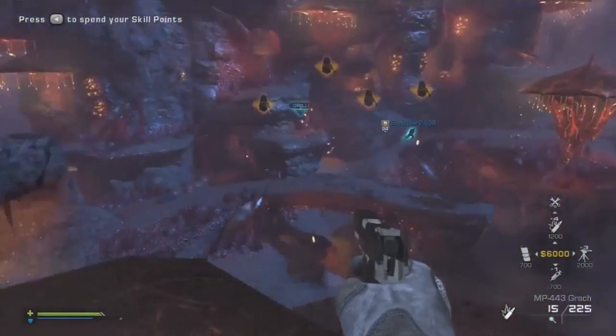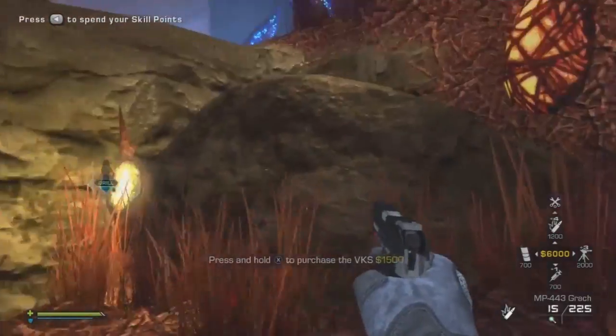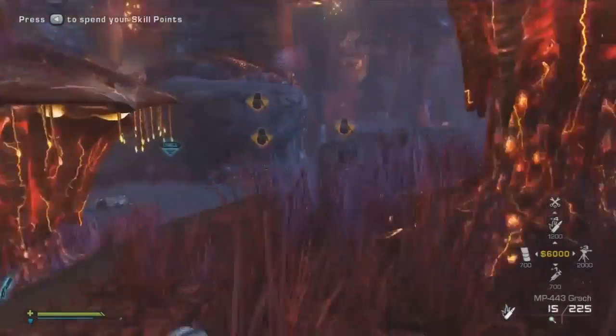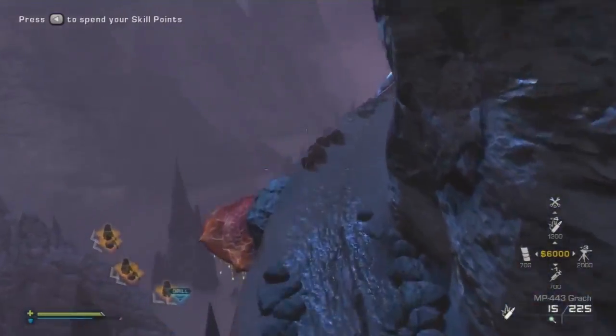That's pretty good. It's a decent gun. You can continue on your right here. You will have a VKS for 1500. I should mention that you can jump really high, so that's one nice thing about this area, is that you can maneuver better. A trap there for 750, and if you do continue on here, there will be a little back road area,